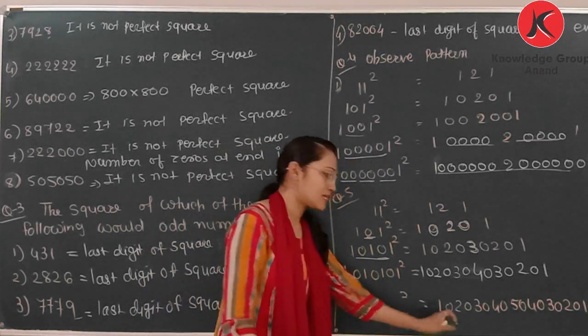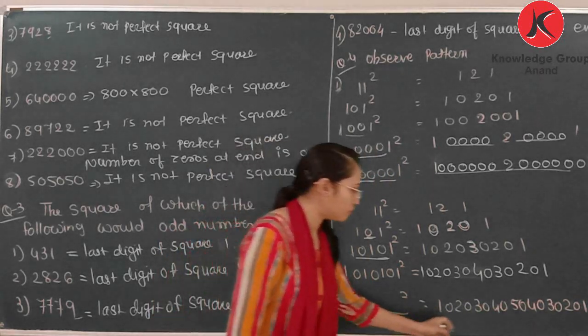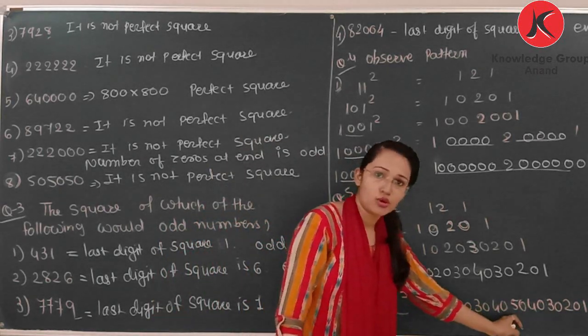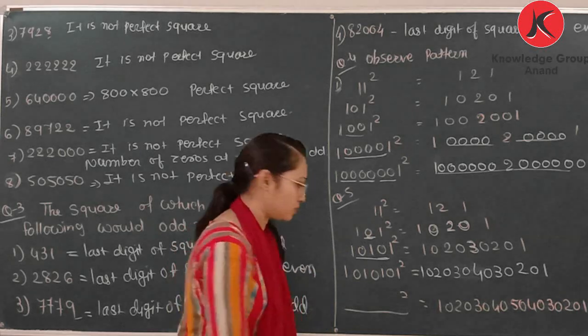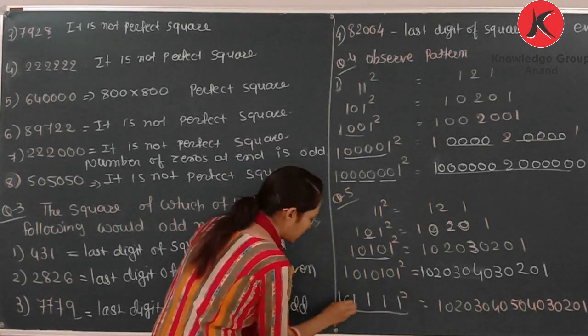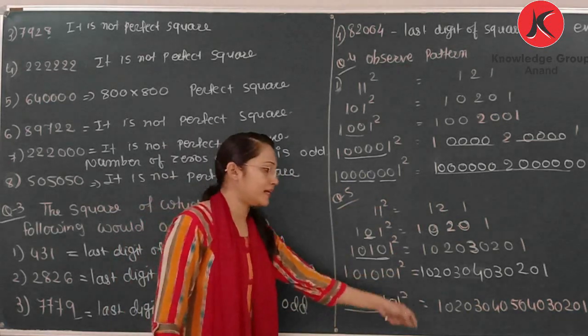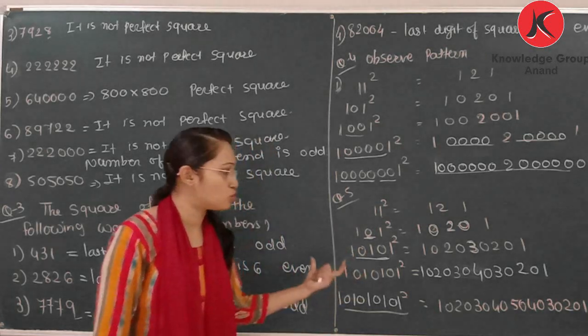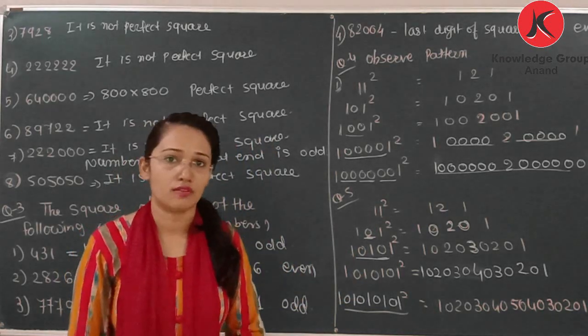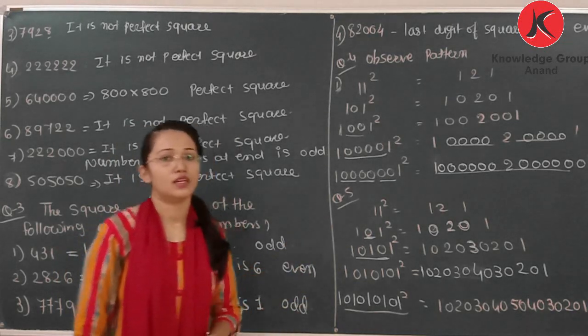Here this side is given. So here how can you write the left side? Count. The center number is 5. It means there are five 1s. So you can write 1, 2, 3, 4, 5. Between them there is 0. This way you can observe the pattern and write the next step. Okay? Then we will learn question number 6, 7, 8 in the next video.